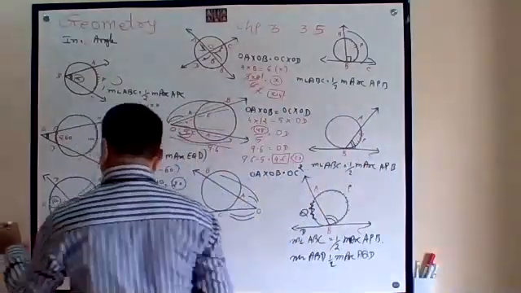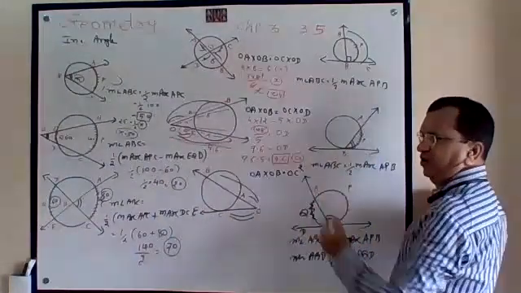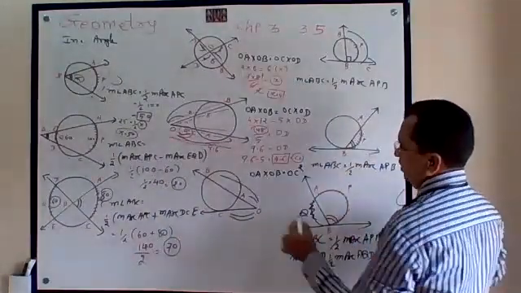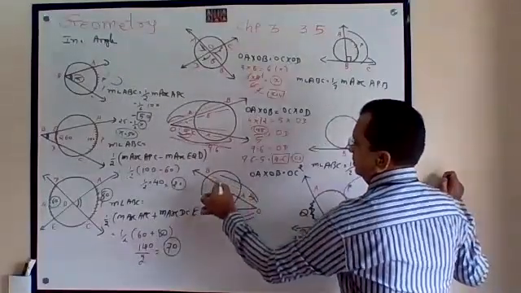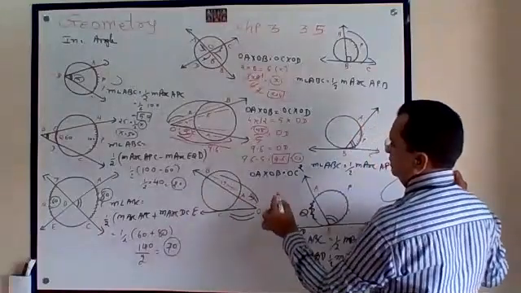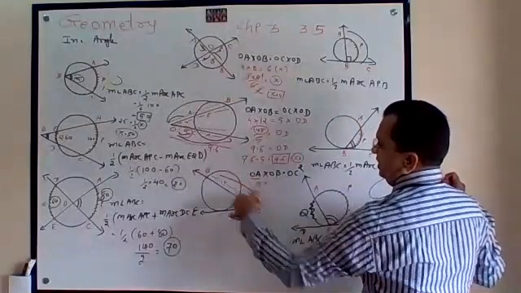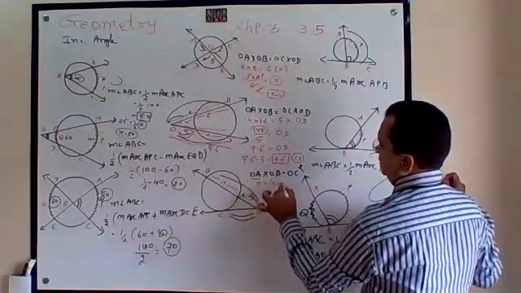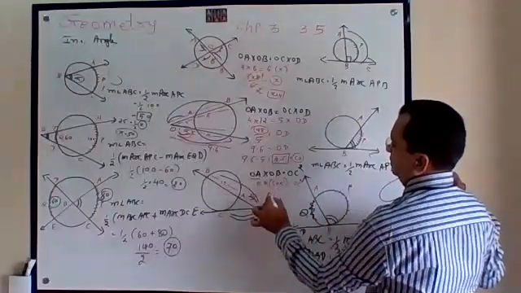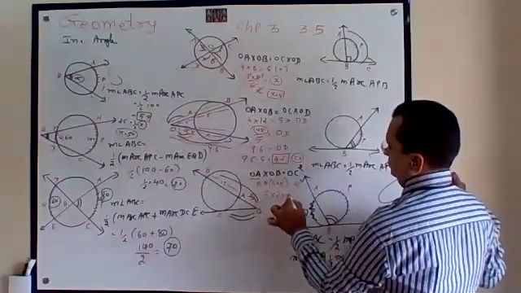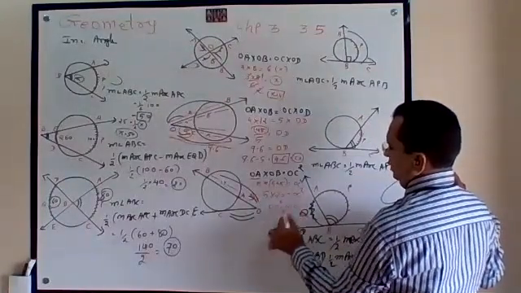Now this we want. This is 5. This is 15. So OA is only 5. OB is 5 plus 15, correct? So this is 5 into 20. This is 100.